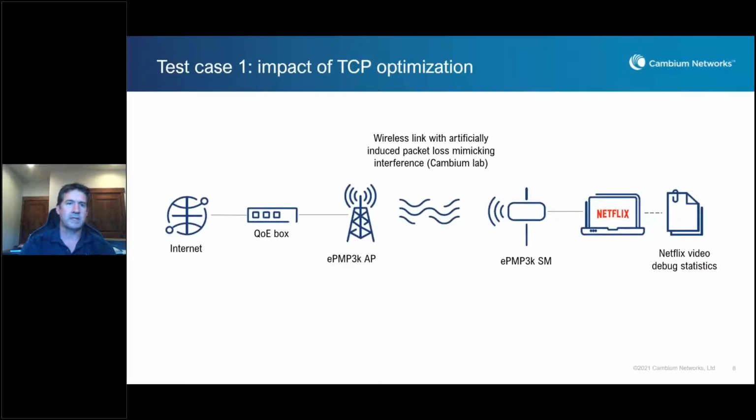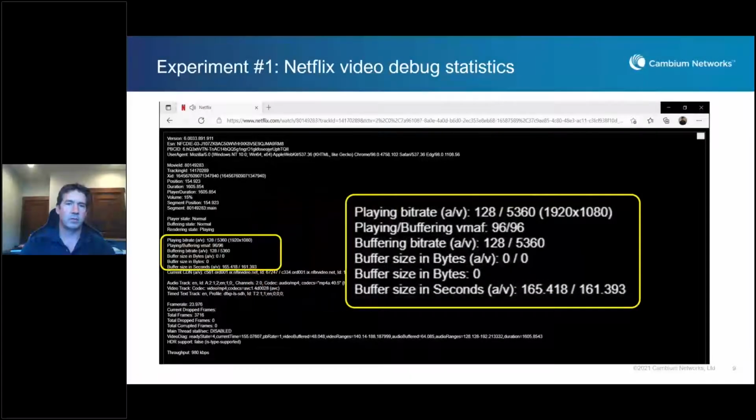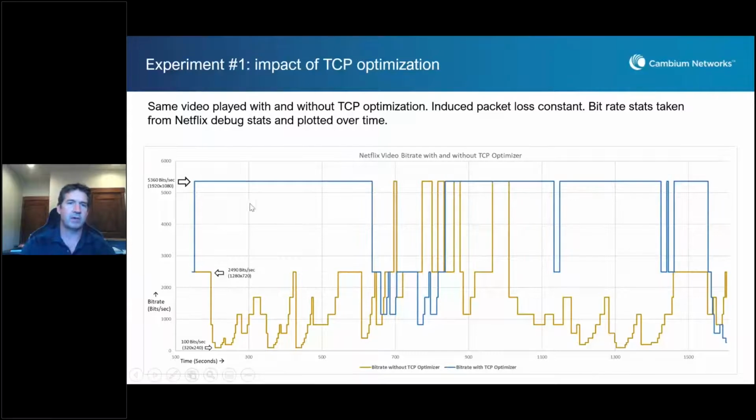So we did a test case just to show this. You've got the internet, you've got the QoE box, and we've got our ePMP 3K AP. We introduced artificial noise between the ePMP 3K SM and the AP, and we ran a Netflix application, and we ran a Netflix video debug with statistics so we could see the actual bytes, and then we could actually graph them. So when you look at the graph that we came up with, you've got at the bottom,